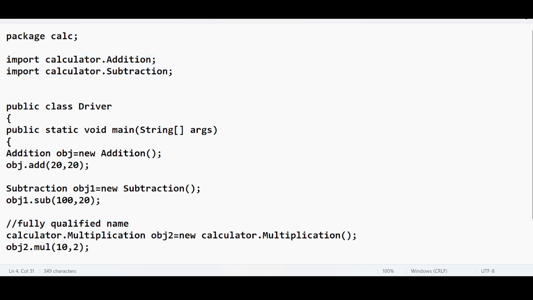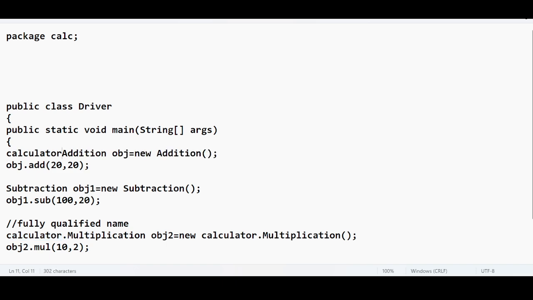You can use import statements in three ways. One is directly using the class name. If you don't like to get access to only one class, if you want to get access to all the classes, go for this dot star. If you don't like this too, you can remove this also, and you can use the fully qualified name on each and every class. Calculator dot addition, new calculator dot addition, calculator dot